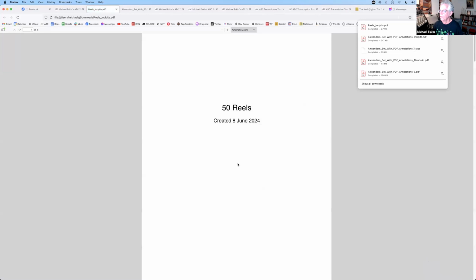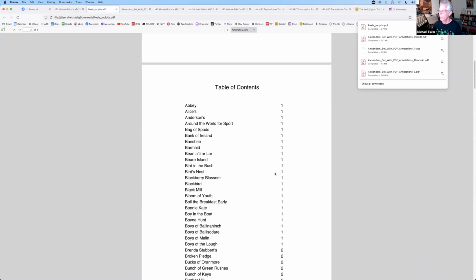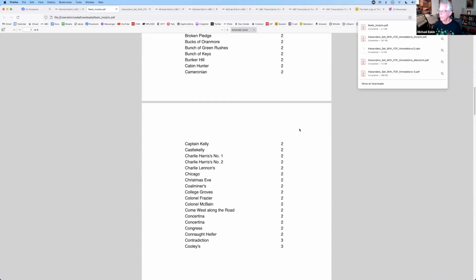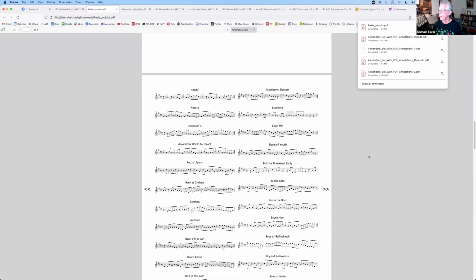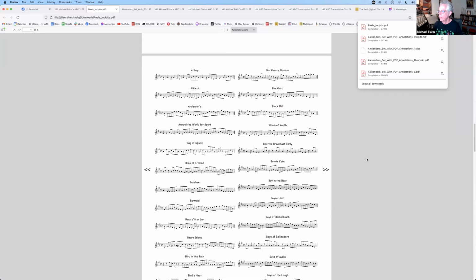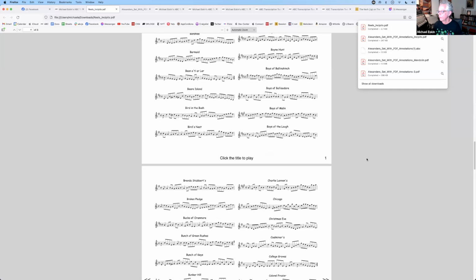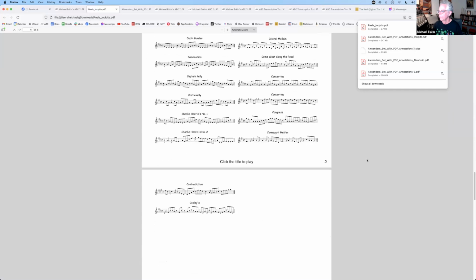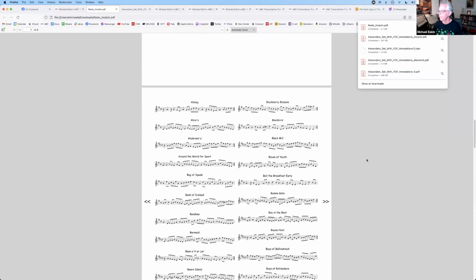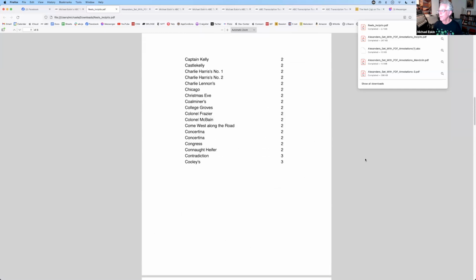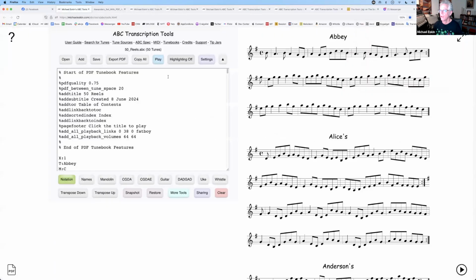So here's our 50 reels. Here's a table of contents. We could have left all this off, you know, to make a cheat sheet. And now we get this, which is a 2 column version with all of the individual tunes in a very, very concise and compact way. If I didn't want the title page and all that, I could easily just delete all of the title page stuff directly from the ABC,